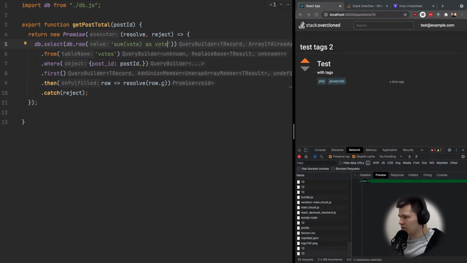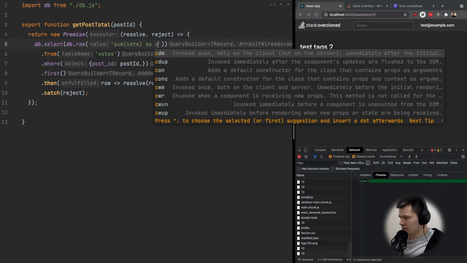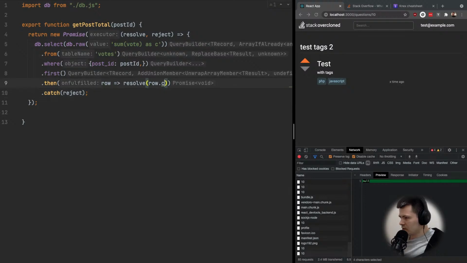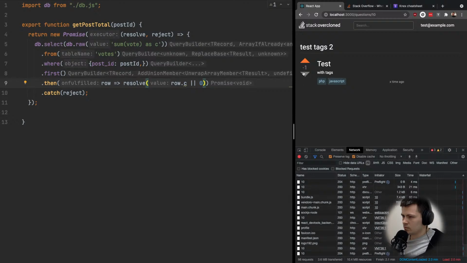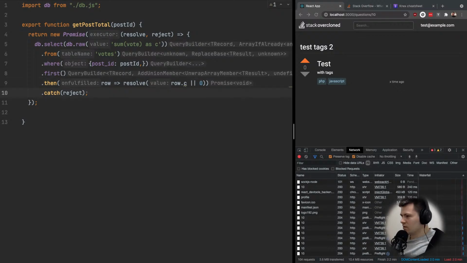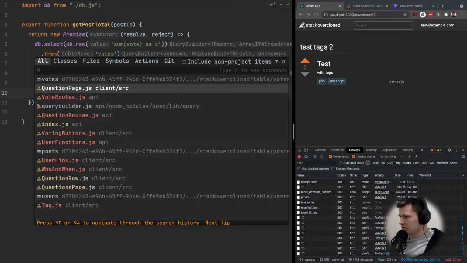Vote. Okay, let's call it C for now. But otherwise, if there are no rows, let's just make it 0. Okay, now it's -1. Now it's 0. Now it's +1. Now it's 0. Alright, let's go to question